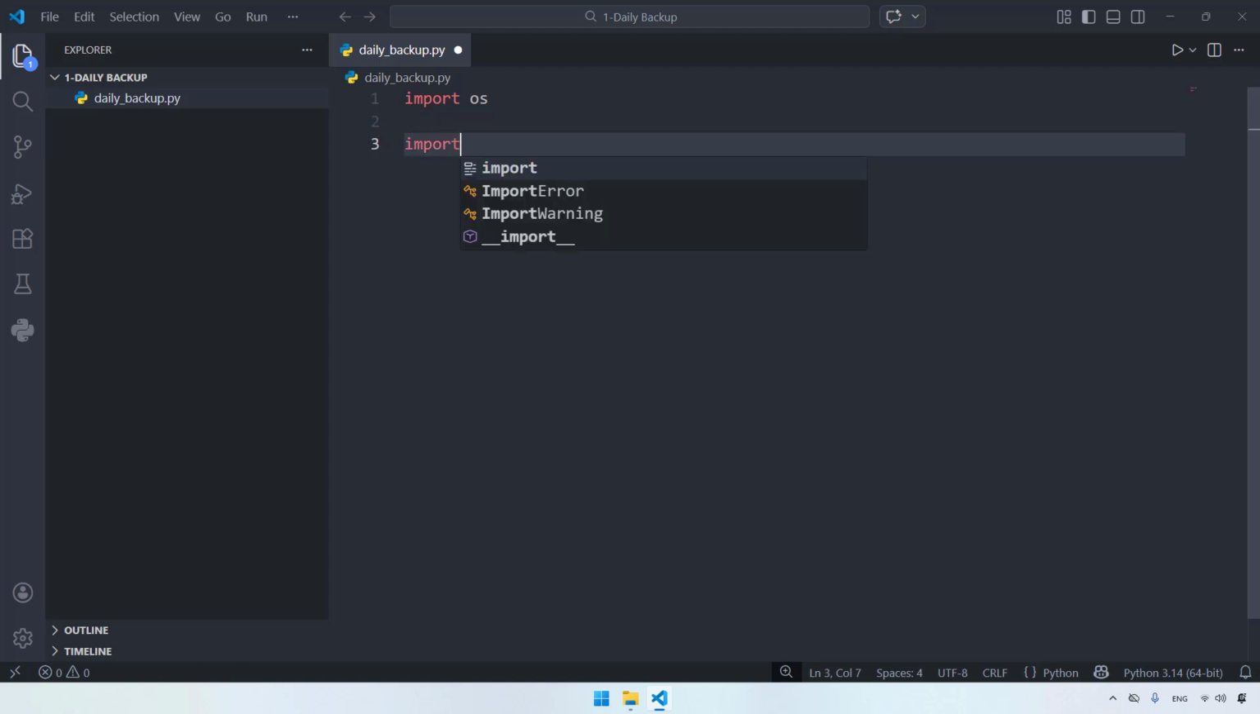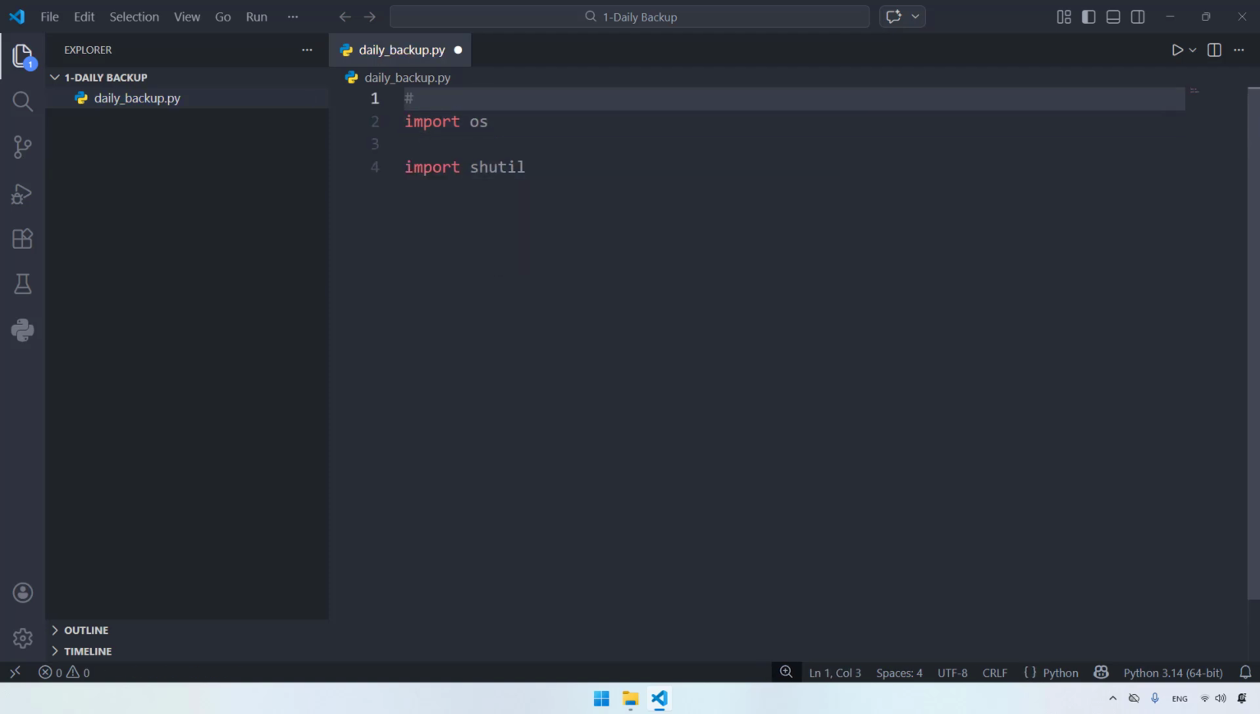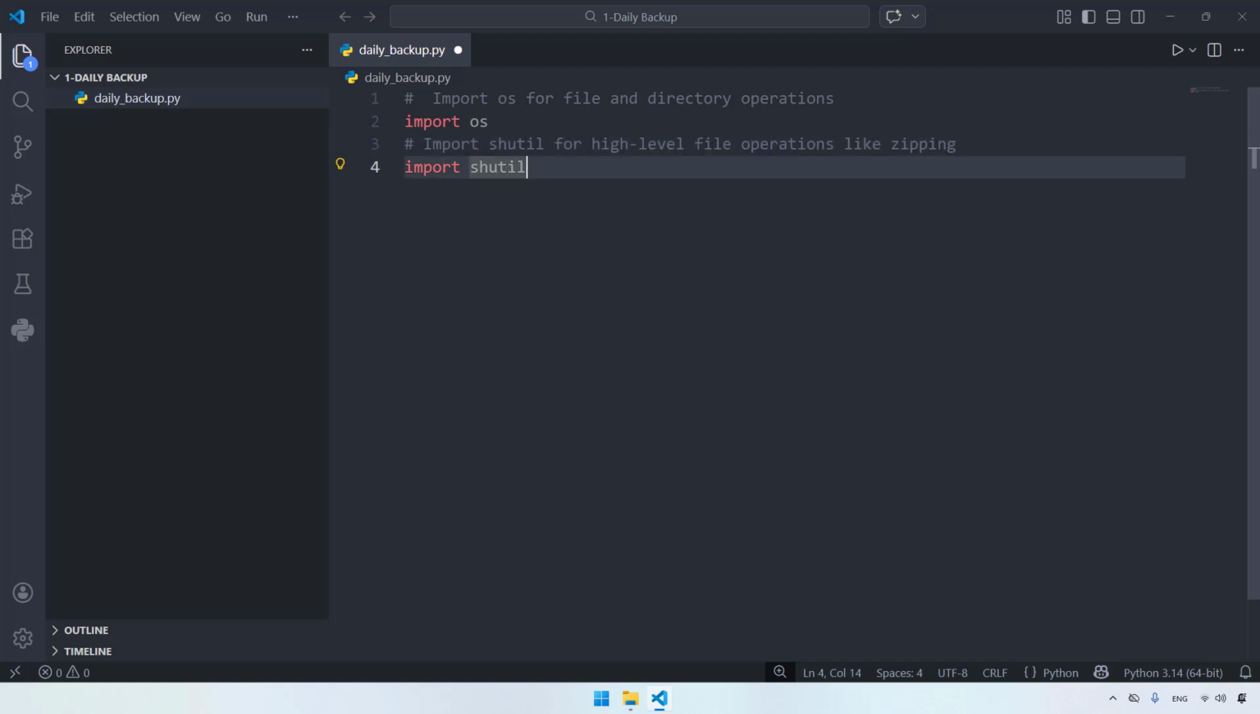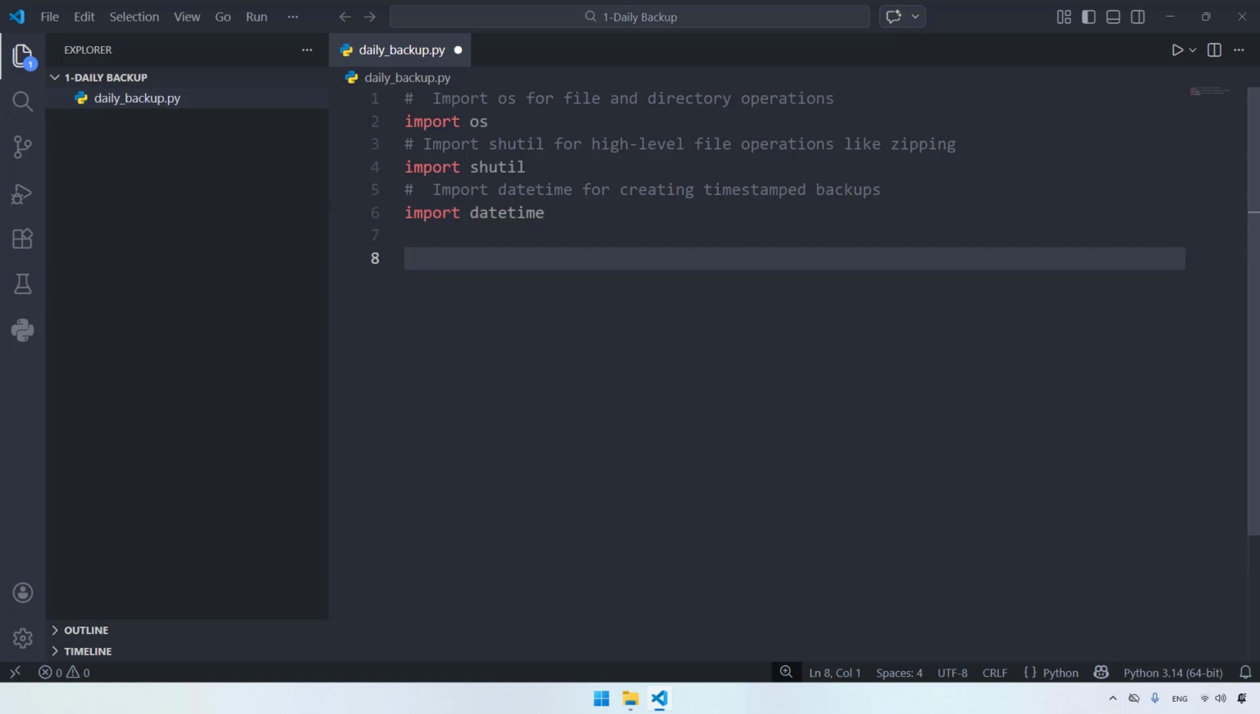Next, we import shutil, which stands for shell utilities. This module handles the heavy lifting for file operations: copying files, moving them, deleting entire folders, and crucially for us, creating a zip archive. Finally, we import datetime. This one is self-explanatory. It gives us access to the current date and time, so we can automatically name our backup folder with today's